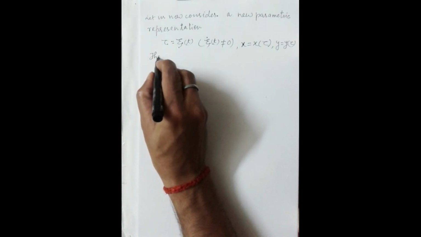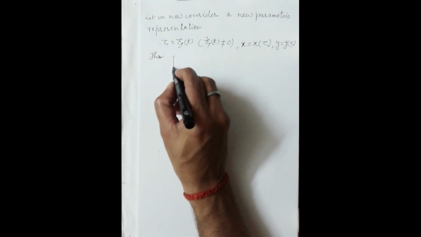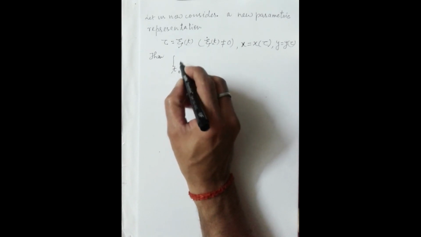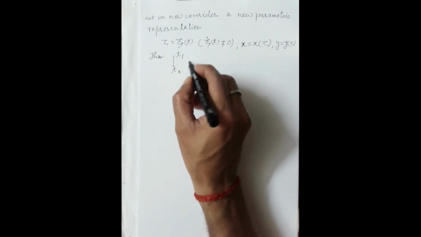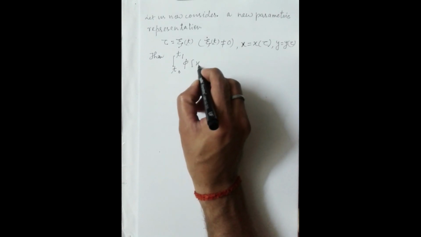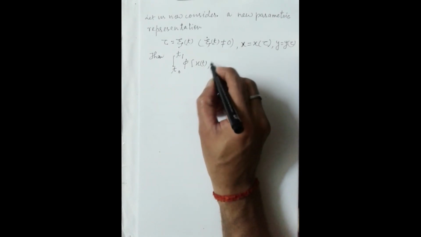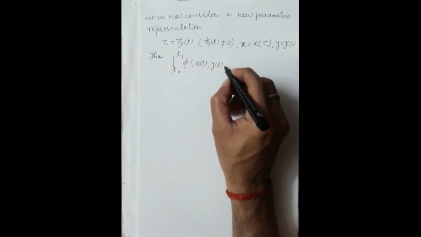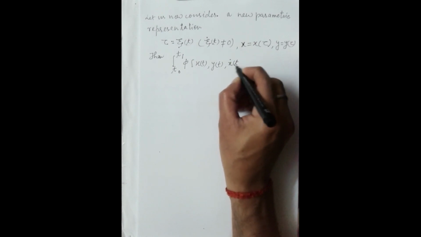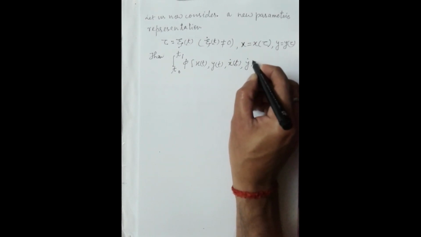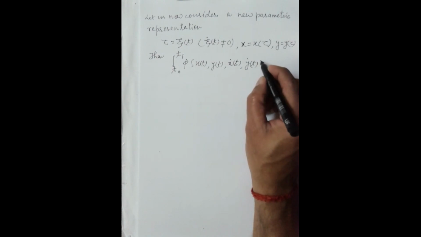Then the integral from t0 to t1 of phi(x(t), y(t), x dot(t), y dot(t)) dt